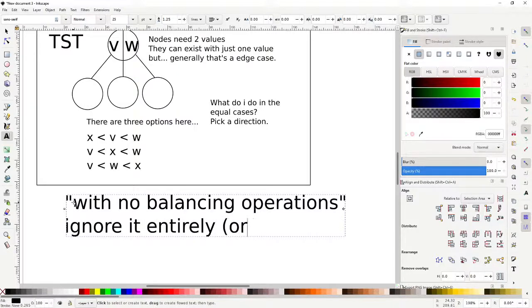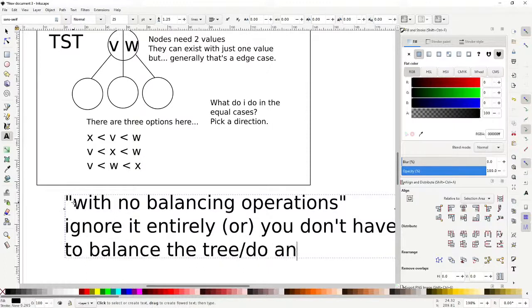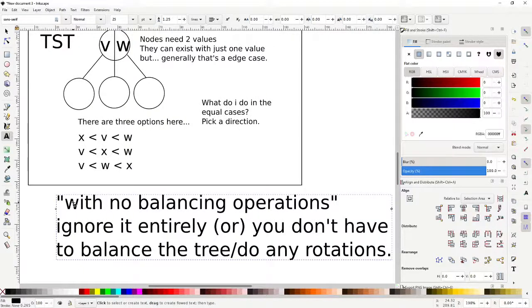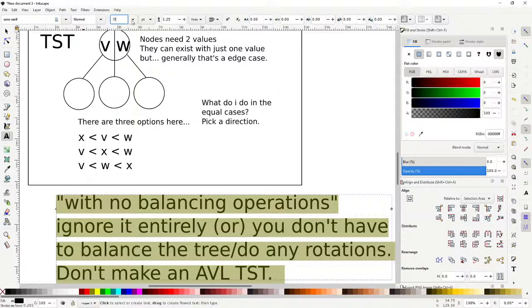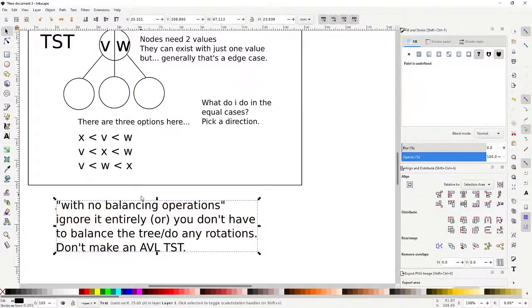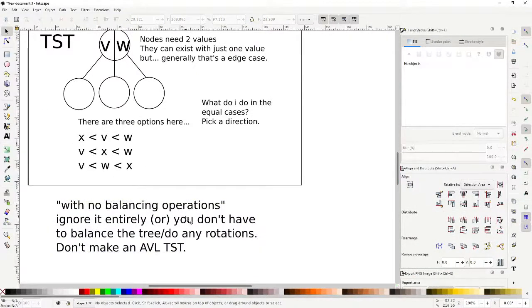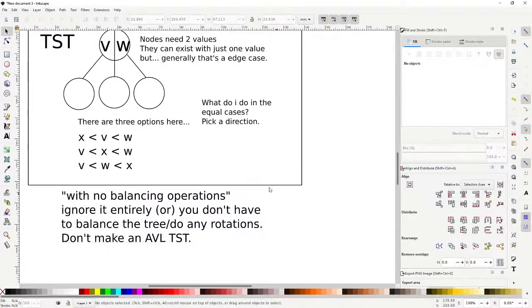Or understand that it just means you don't have to balance the tree, do any rotations. You don't have to make up any kind of AVL TST, right? That's not what I'm saying, don't make an AVL TST. That's all and that's literally all I'm saying with that, is that I'm just trying to specify that you don't want to do extra work, and that's it. So it's not a limitation, right? It's actually just a